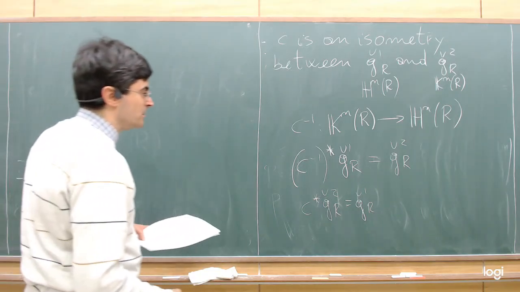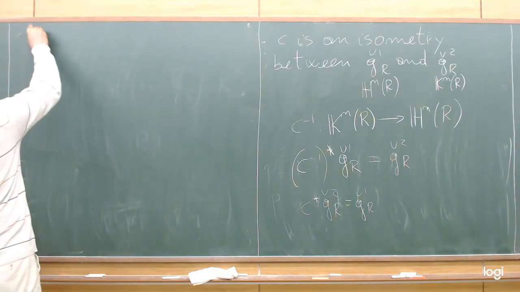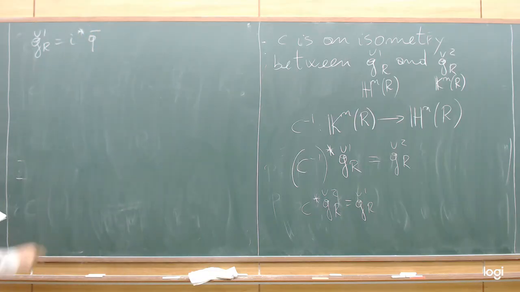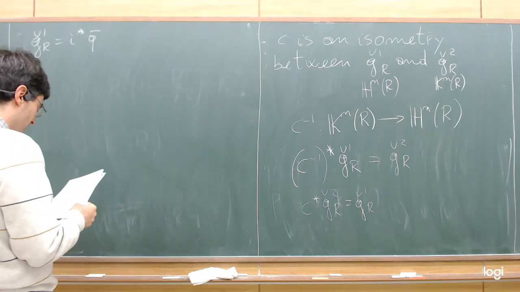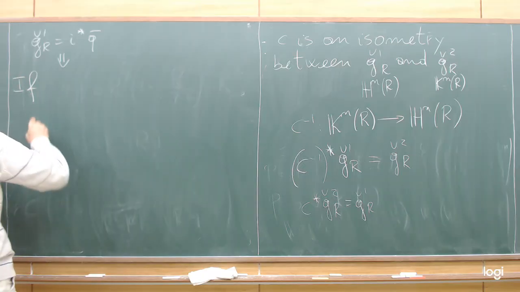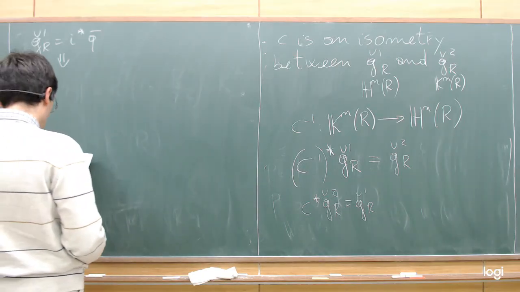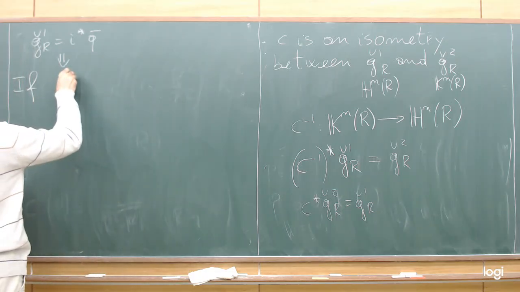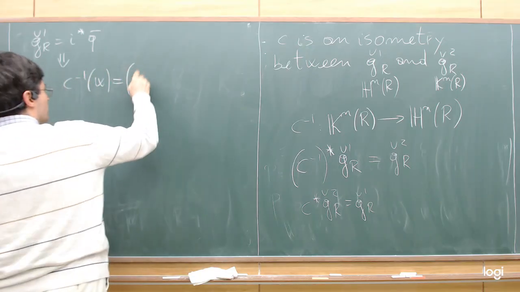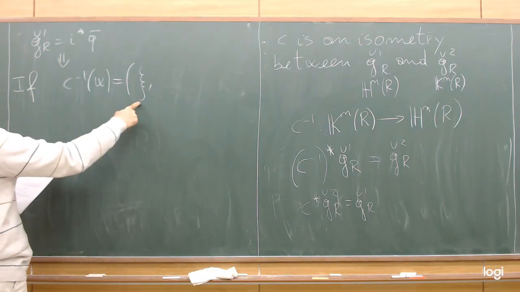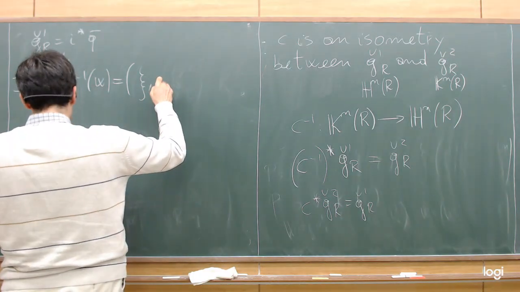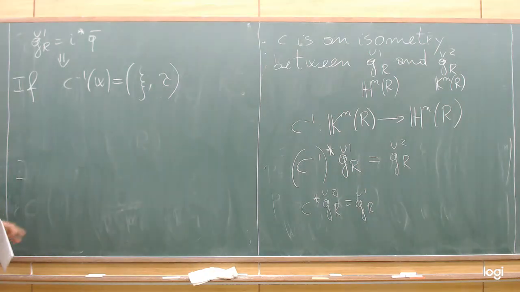We use the fact that G'1R is I star Q bar, which has a relatively simple formula, and it is clear that if we call C the first n component functions in the formula for C inverse, and the last one will be called tau,